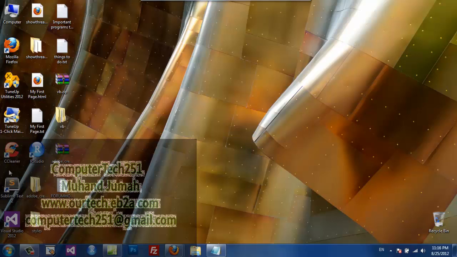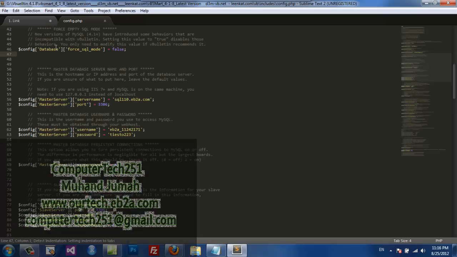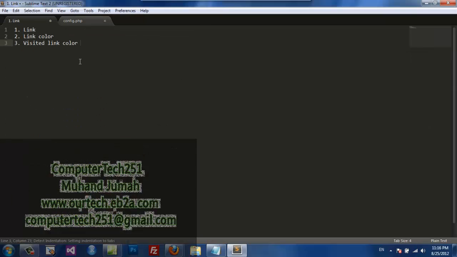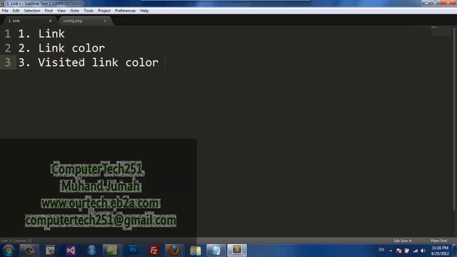Today we will be doing the following list. Second, we will link text. We will change the color of the link. We also will try to change the visited link color. Okay. Well, we will do it. Also, if we still have time today, we will add in a table